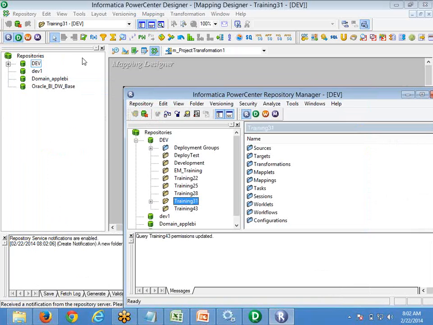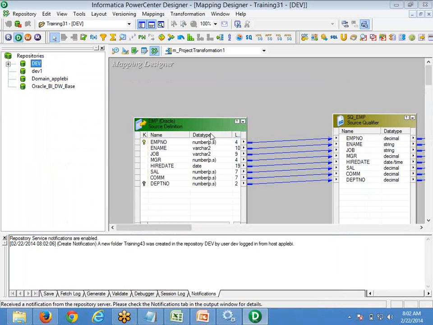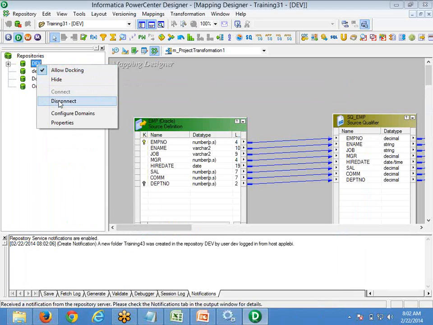Previously we had logged into designer. Once you create your folder in the repository manager, you can close it now. You can even log in again back here. So this is the first step in case you want to develop. Since we previously logged into the designer, I am right clicking and saying disconnect, because at that time we logged in, we didn't have that folder.